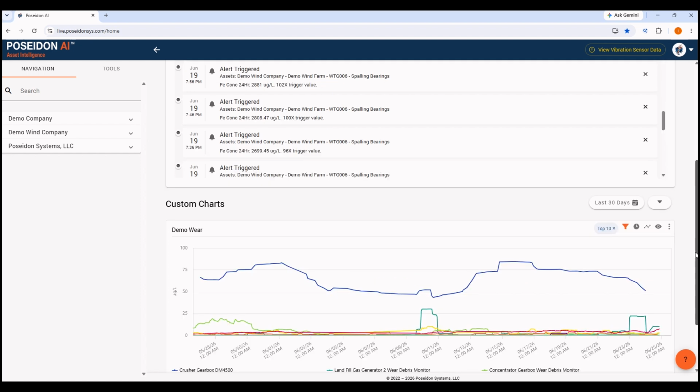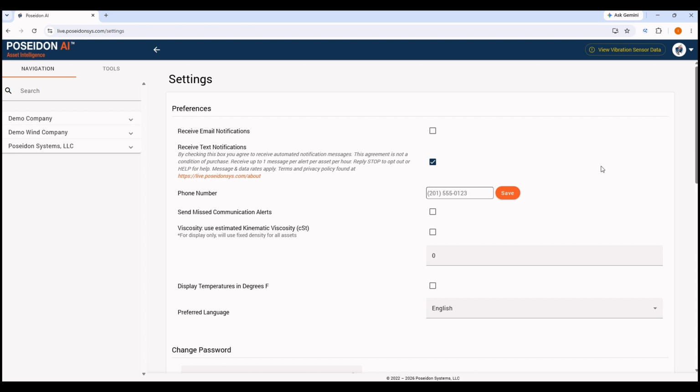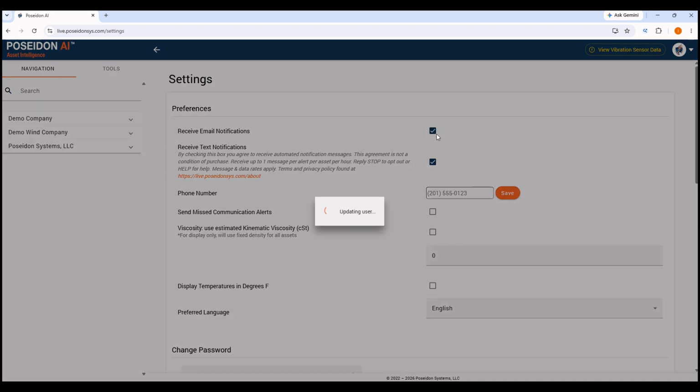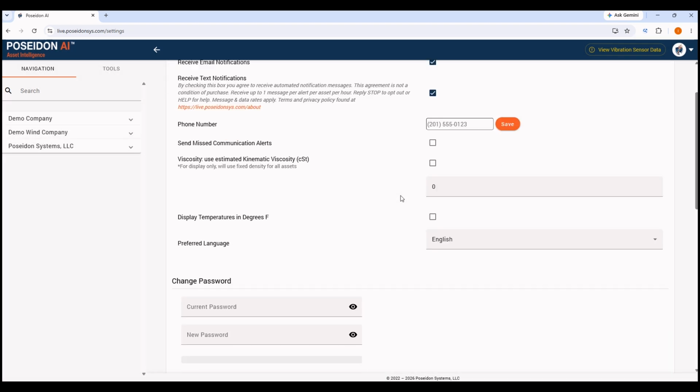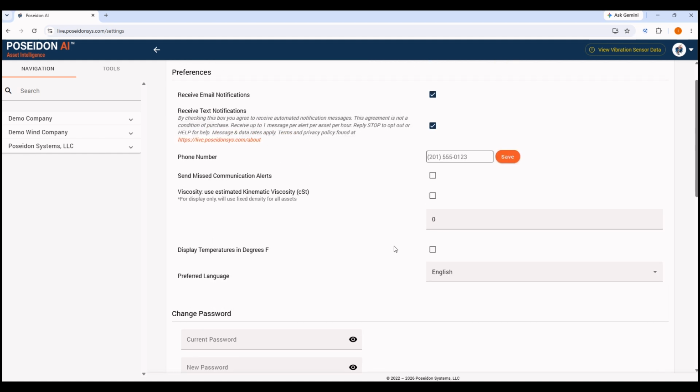User settings are available at the top of the page. This is where you can manage your notification preferences. Add or update your phone number for text alerts. Enable email notifications. Change your password and adjust your display preferences. If you want to receive text alerts when configured alarms are triggered, make sure your phone number is entered and